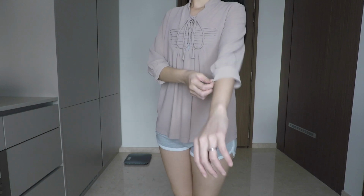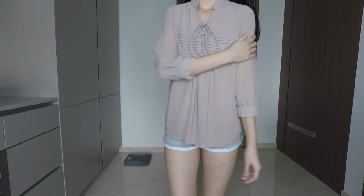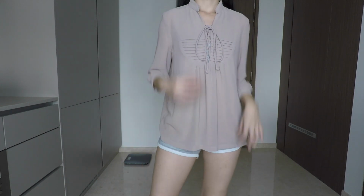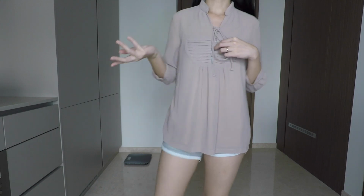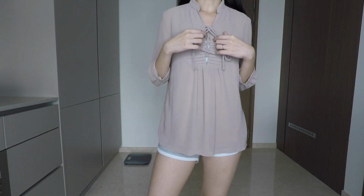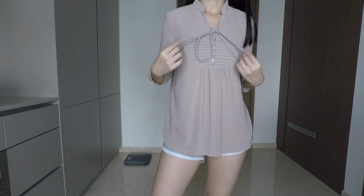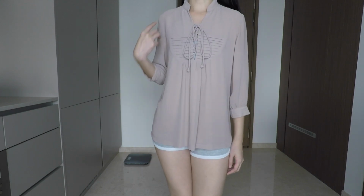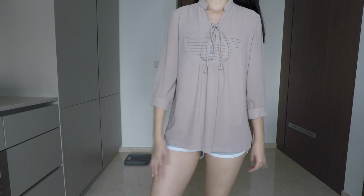And it's 3/4 sleeves. Is there a button? Yeah, no button, so it's just a little bit comfortable here, and then it gets tighter down here, which I actually do really enjoy. So you can self-tie this up. It's like a shoelace detail. I'm sure there's TikTok hacks or those Instagram videos where somebody ties it intricately. I don't really care. And this is from the brand Love and Bravery. It actually has the tag on, so maybe the other dresses were not from Love and Bravery, but it feels